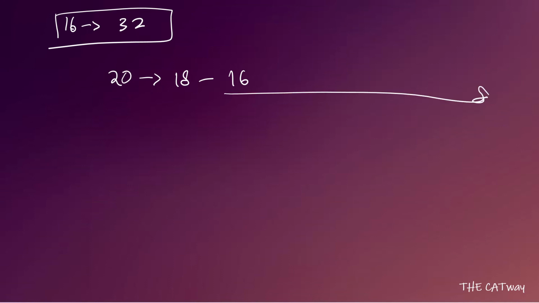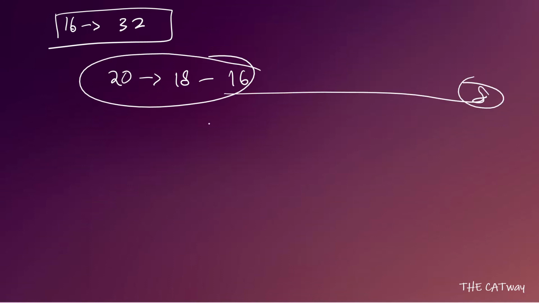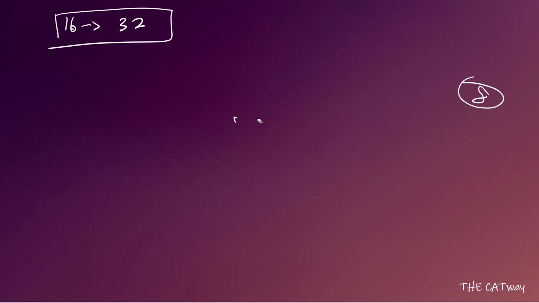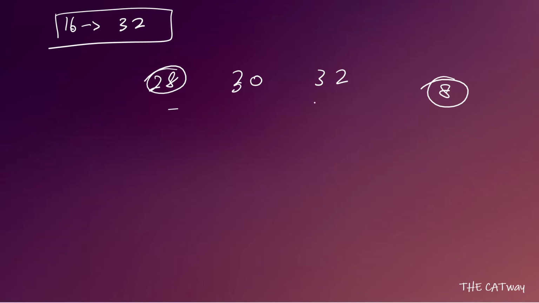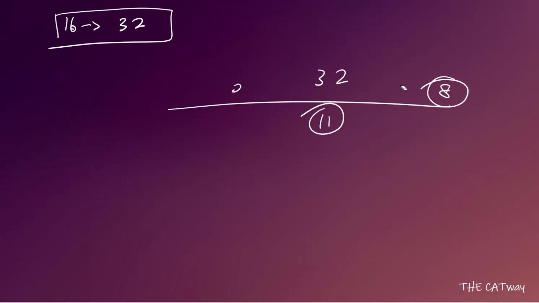Now, what are the ways in which it can start? Can it start from 20? No, it cannot start. You can check it for yourself. If it goes from 20 to 18, then 16, then again it will take 8 more days. But here 3 days are there, 8 days here, it will be 11 days. Not a possible case. Or let's say we start from 28. Can it start from 28? No, it cannot, because it will go 30, then 32, and again 8 days. So total 11 days. Not possible. So the only ways through which city 2 can start are either 16, 18, 30 and 32.